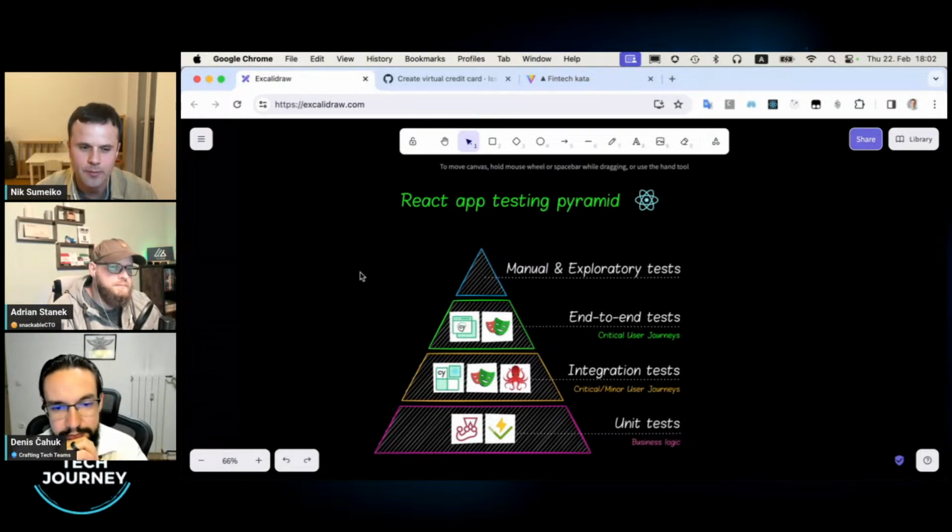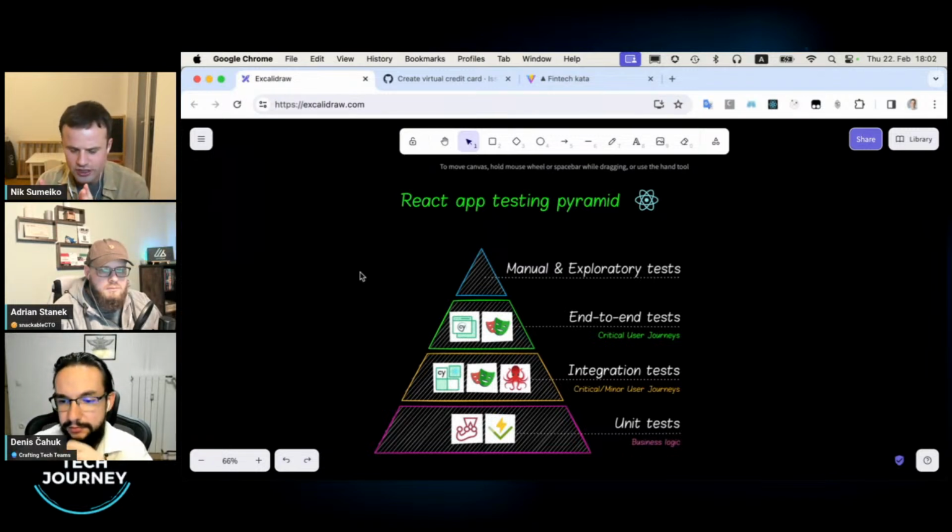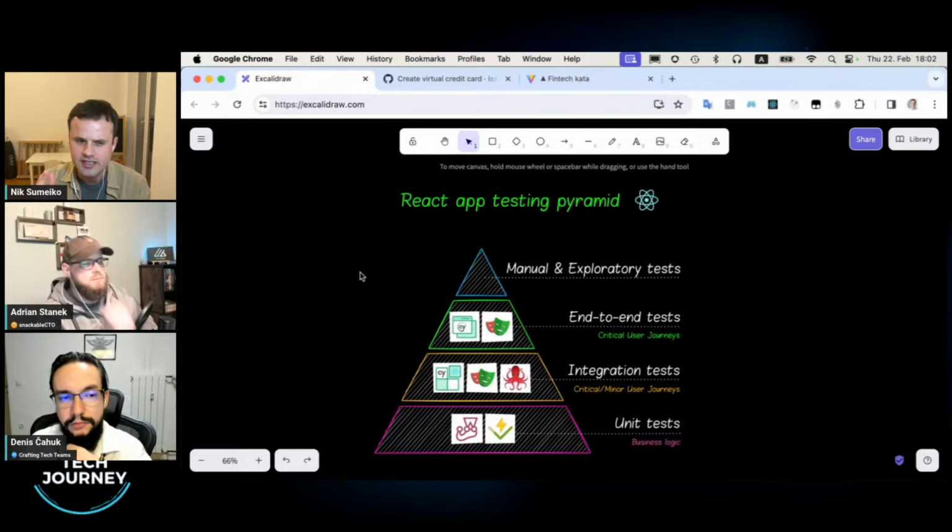The point is that a unit, in my understanding, is code that is not related to React or any framework. It's pure JavaScript code. Maybe it uses some Lodash or other library, but no integration points. It doesn't know about the framework at all, because when you have such isolation, such a separation of concerns, it's easy to reason about this code.